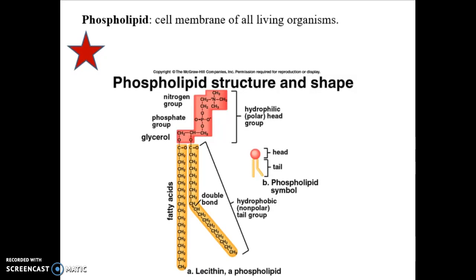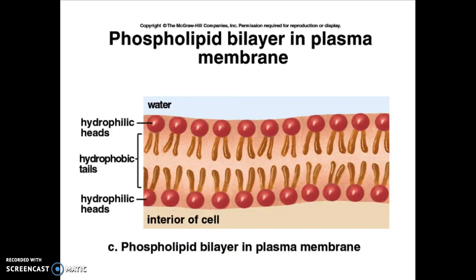So it's an interesting scenario. We got this conflicting structure. I like water up here. I don't like water down here. But this is the basic structural makeup of all cell membranes. So when we stack them together and you put billions and billions of phospholipids together, they form a thing called a bilayer. So you get all these lipids grouped together, and you have the heads all up here